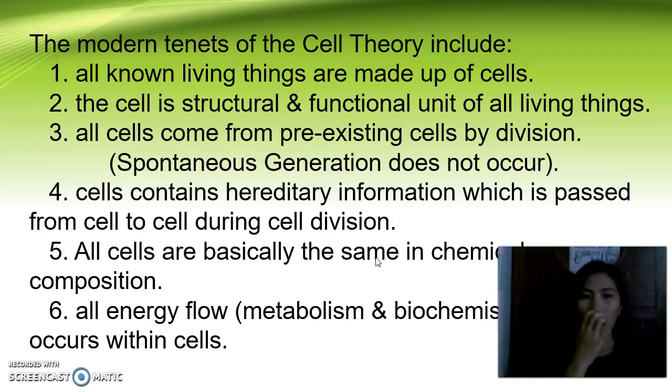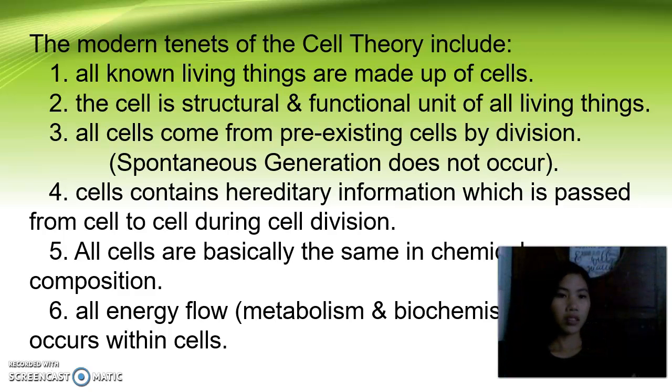Number one, all known living things are made up of cells, because plants, birds, and bacteria are all made up of cells. Cells have existed for millions of years. A cell is the basic unit of life, which means that all living things are made up of cells. Second is the cell